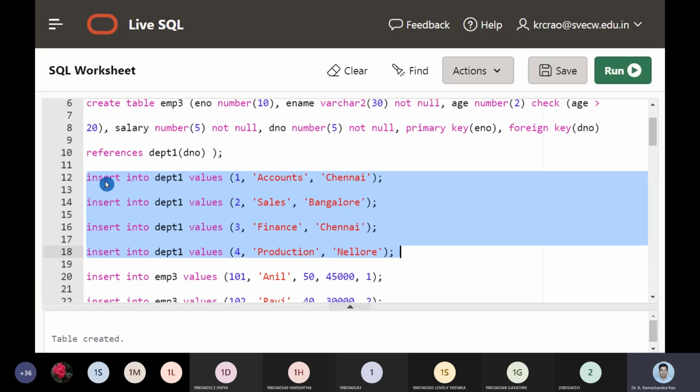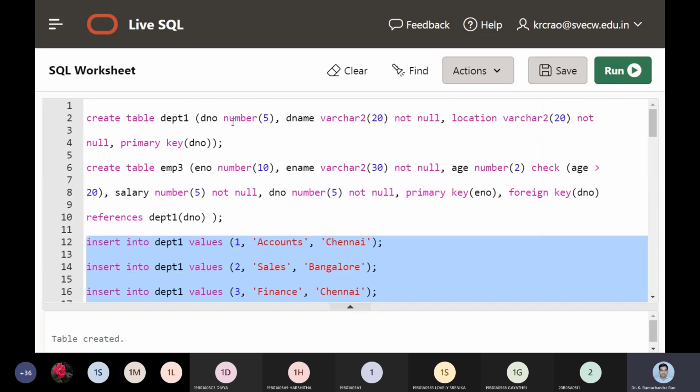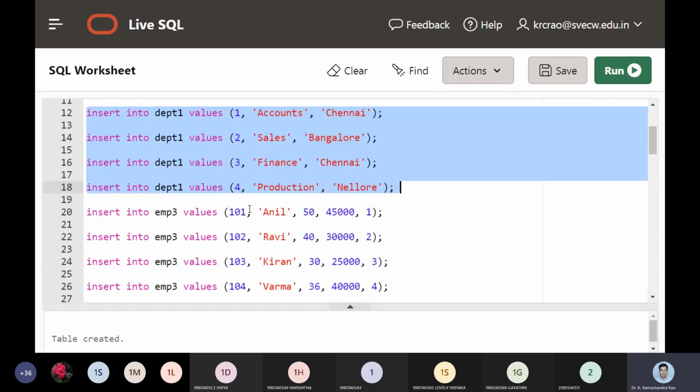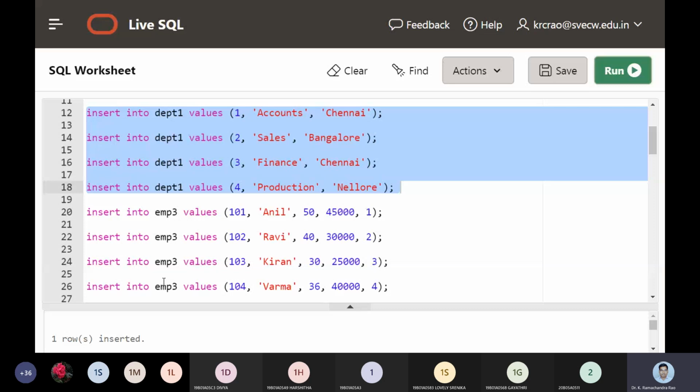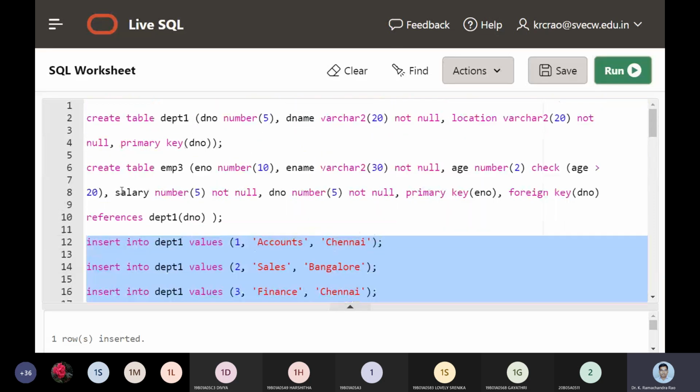Now I am making a data manipulation language command, that is insert, where the department should have department number, name, and location. It is 1 accounts Chennai, and 4 production Nellore. I'm hitting the run button. So 4 happened. Then we need to have employee number, name, and age.